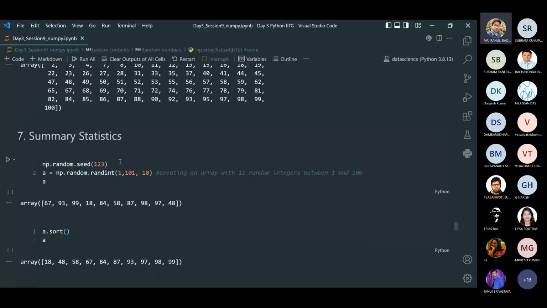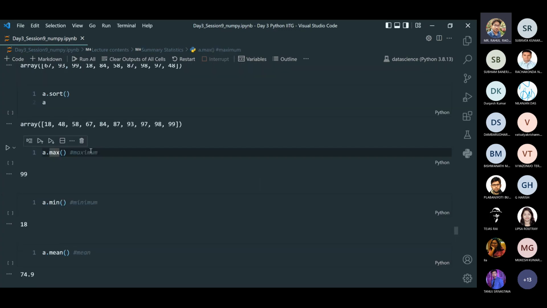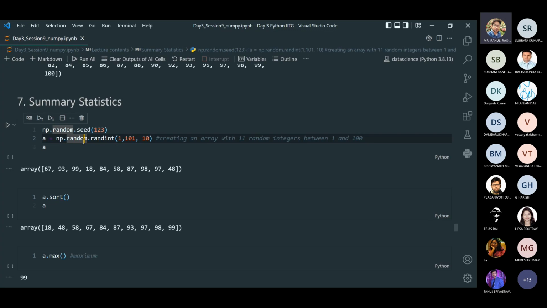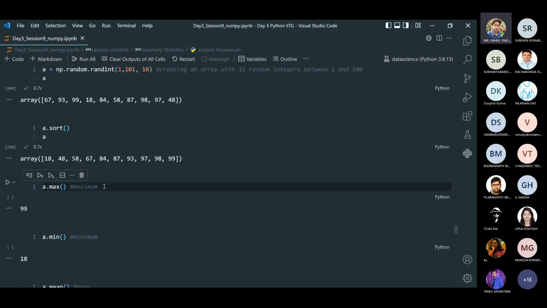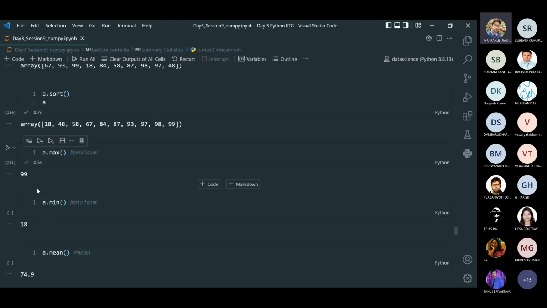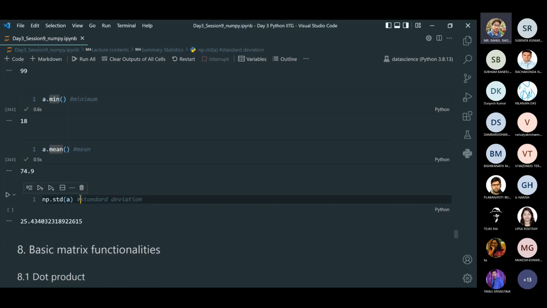Further, there are some statistics that we can get using NumPy, like a dot max, a dot mean, like that. First I have to define the array A. A is a random number array. It consists of 10 random numbers between 1 to 101, and when we sort, it is in sorted order. Then we can find the maximum, A dot max, it is 99. We can find the A dot min, we can find the mean of this, so it is 74.9. We can find the standard deviation of A,